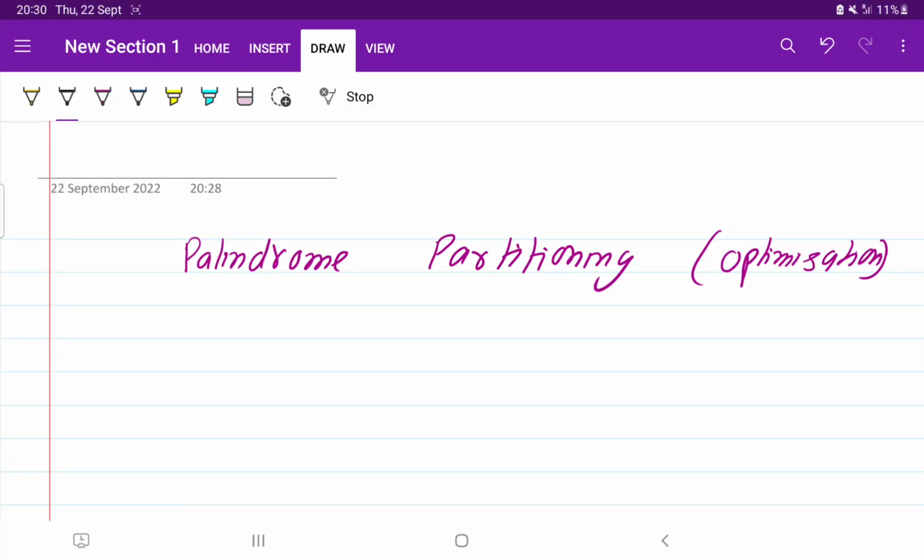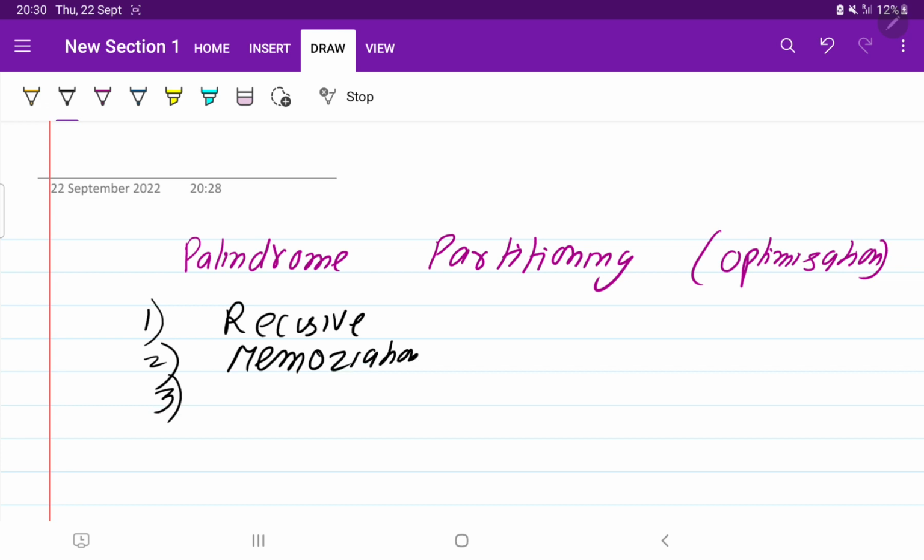Hello my dear friend. So we are again going to solve this palindrome partitioning problem, but we are going to optimize it. So in the first video we have seen the recursive approach. In the second video we have seen the memoization approach, but that approach we can further optimize. So we can say this is the optimized approach of memoization. Perfect. So if you are going to use this, every test case is going to pass.